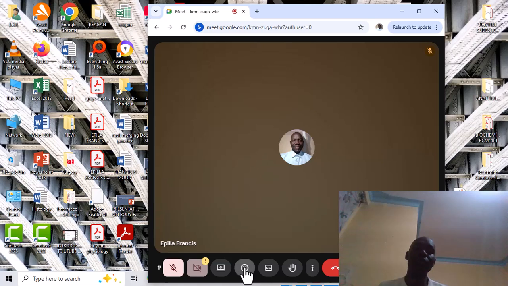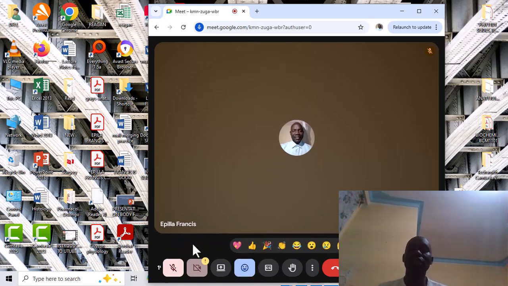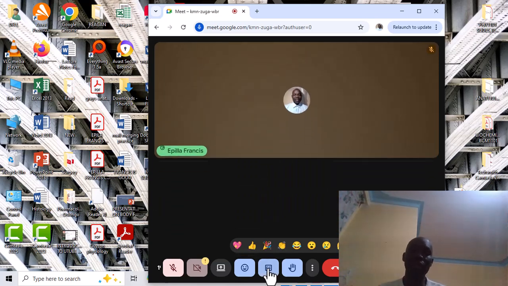Then we have this provision. So this provision gives us these different pictures. In these pictures, if you are in love with it, or you come here for this art, if you agree with the point, if you're greeting somebody, you're happy, or you're disagreeing with somebody, there are different options here. Now if you want to raise your hand, there's a hand here, you can come and raise it up and your name will be seen. So the host manager will be able to pick you.